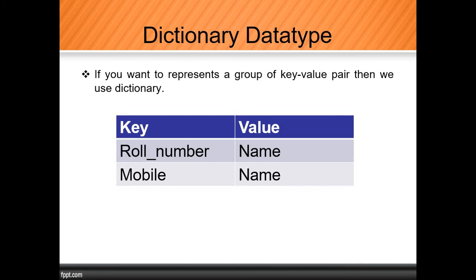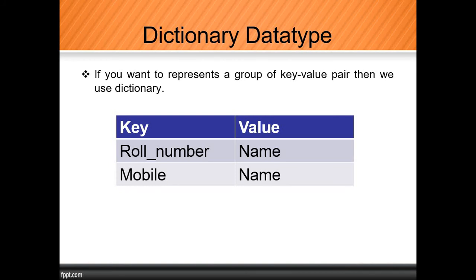This concept is majorly used in all technologies, like Java, Hadoop, Python. In many places this dictionary concept is used. In that, the key is bound with a value. That means whenever we need to create this dictionary data type, at that time we need to provide the key also, and we need to provide the value also. Okay, make a note of that. Dictionary is mutable. That means if you try to change the elements of a dictionary, it is applicable.